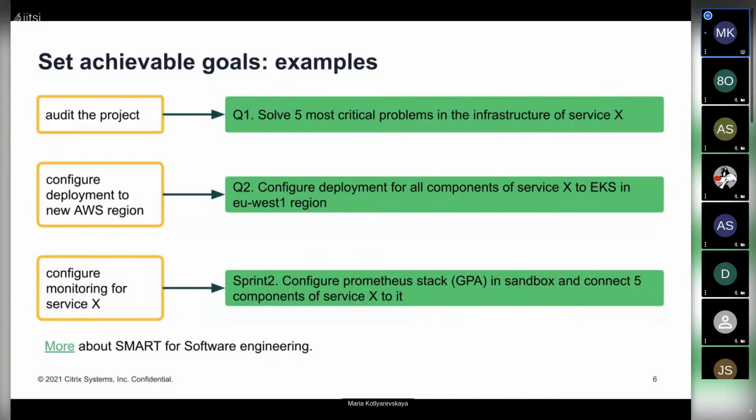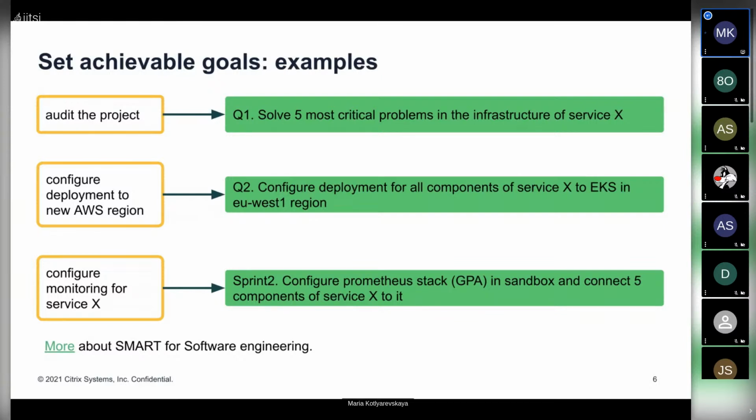So if you actually need to deploy Prometheus, it's better to specify it in the task. For example, maybe you need to deploy Prometheus but not Grafana, and so on. You can just write it down, and you can specify the environment for which you need to accomplish this, or all environments, for example, because for a sandbox environment it can be easier than for production, where you need to spend more time on this exact activity.